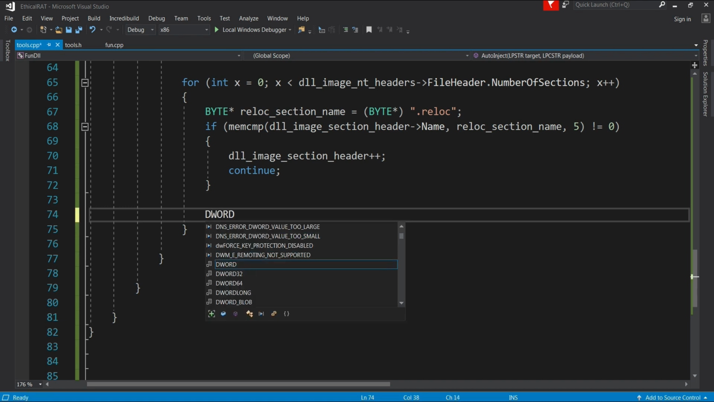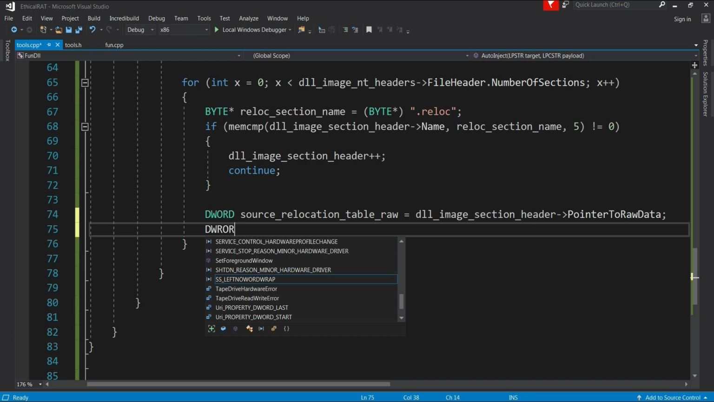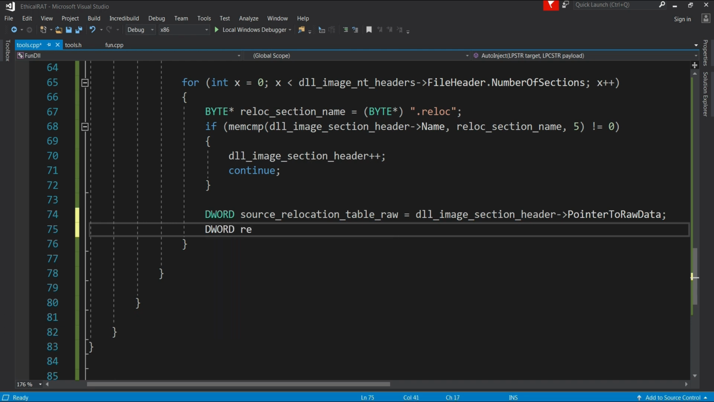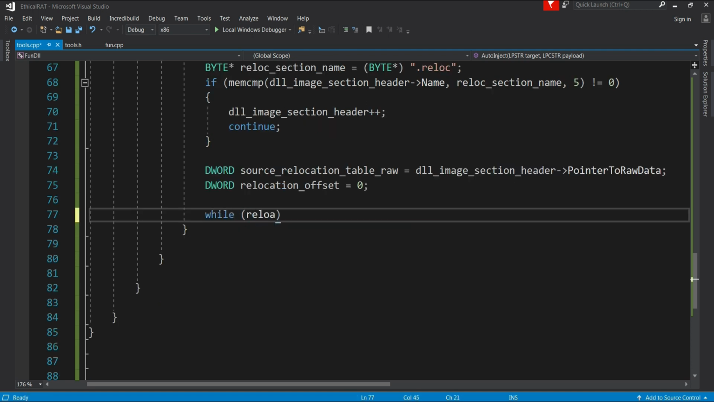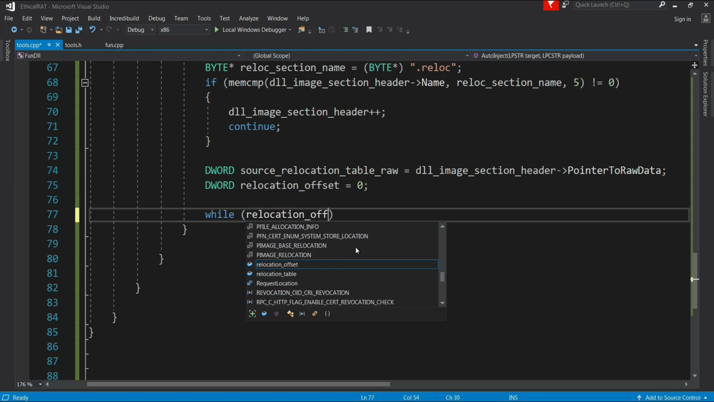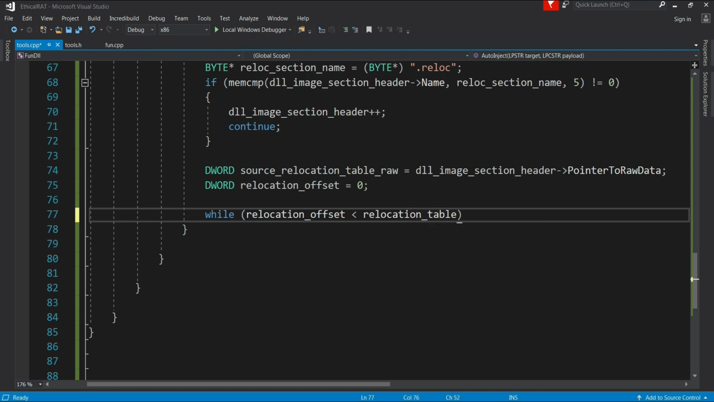We declare a DWORD type source relocation table. We need the raw data out of it, which will be the DLL image section header pointer to raw data, and also a DWORD of relocation offset, 0. Okay, now let's do the relocation. So while the relocation offset is less than the relocation table size,